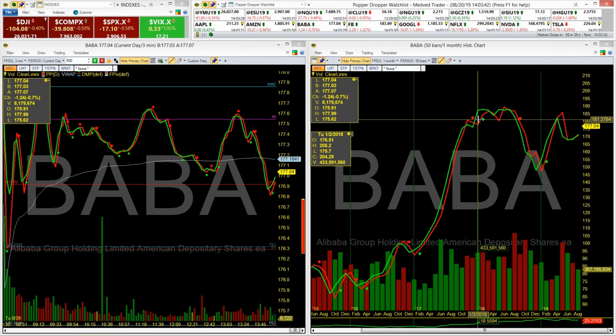Due to time constraints and financial, the quickest and most cost-effective way for us to provide the indicator to our user base was through Medved. Medved Trader is a third-party independent trading platform that is integrated with a handful of brokerage firms. Actually, they have a growing list of brokerage firms, and we've had a very good relationship with them. They've been very helpful with accommodating our needs, and